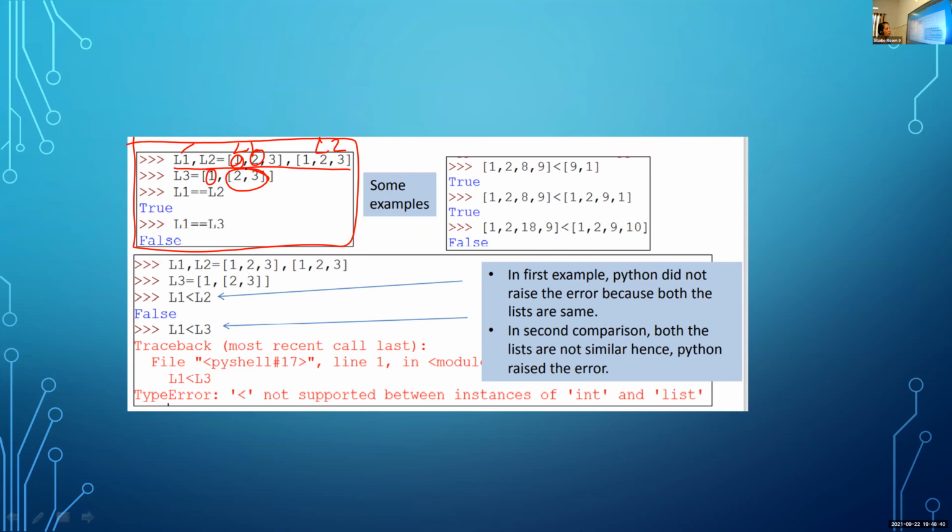Okay. Can you just write this one? What is this? Anyone? When we are writing a statement along with these three symbols, what is the meaning?